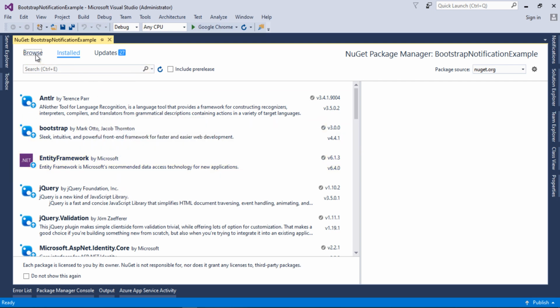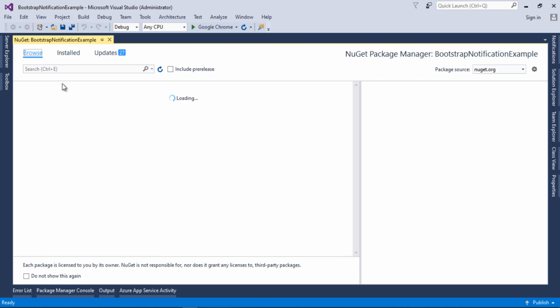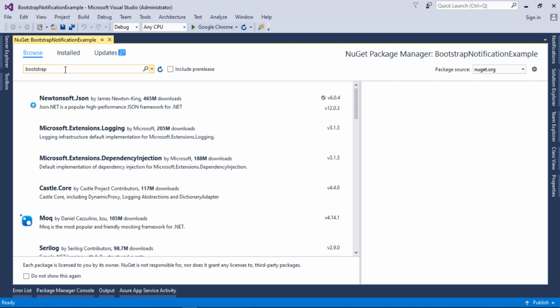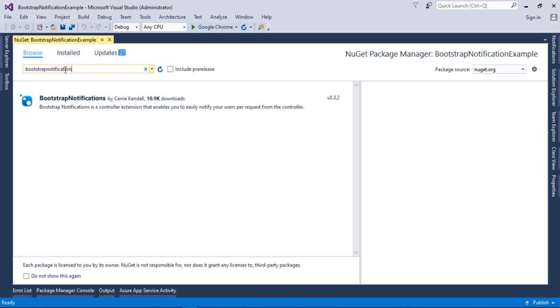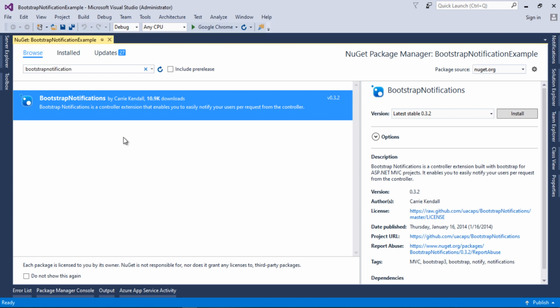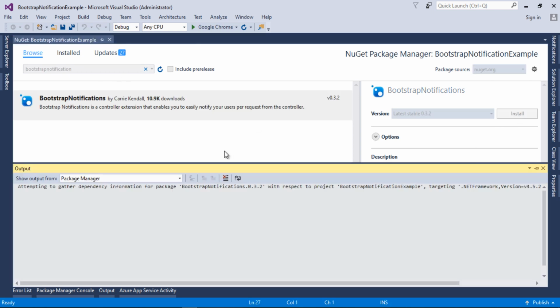From here I will go into the Browse section and type Bootstrap notification. Here is the Bootstrap notification package which we want to install, created by Carey Gandel. It is showing some other results as well, but make sure you install the one created by Carey Gandel. So I will install this in our project.